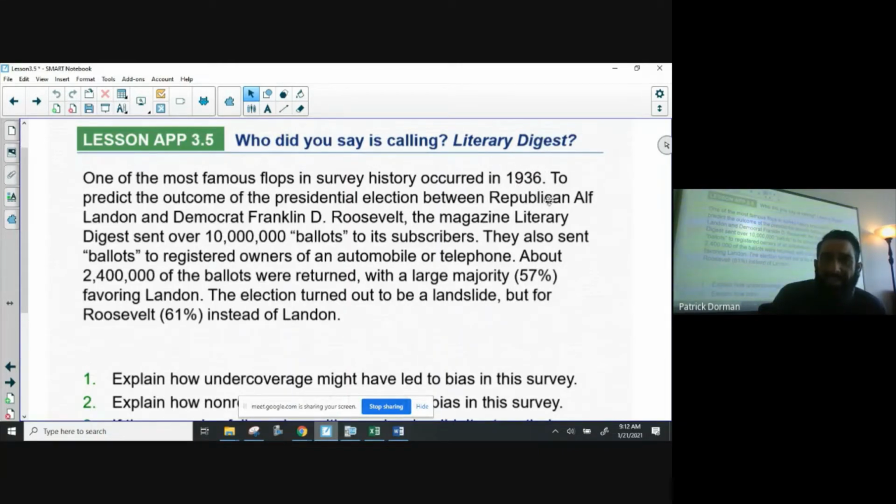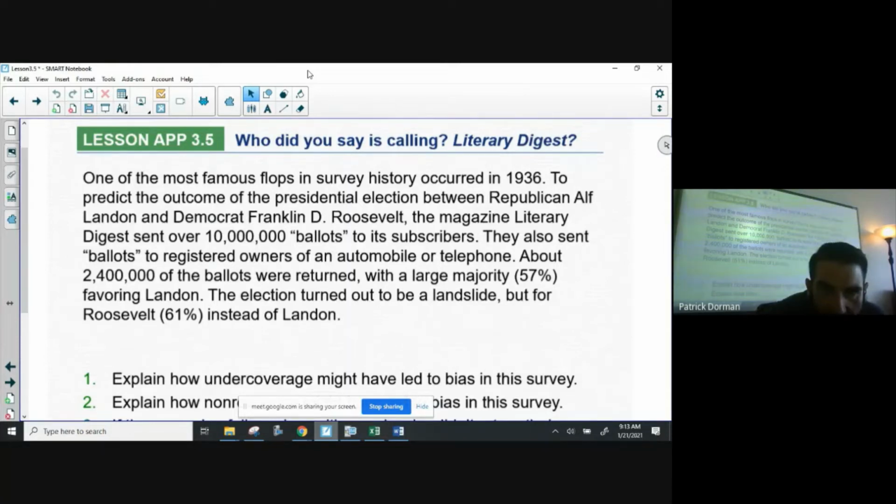Keep in mind, this is 1936, where very, very few people owned an automobile, and a larger amount, but not everyone, had a telephone back then as well. These are actually fairly new things. Also, telephones might have been shared by households and things like that back then, is what I've heard, at least. I'm not a history teacher, though, so don't take my word for it. I only want to be good at one thing. No, it's not true. Okay, so let's think about how they could have